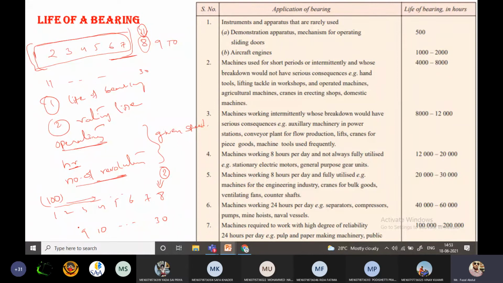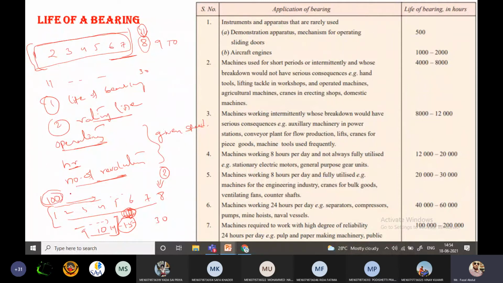Even though we keep allowing them to work, on the 15th day, 10 bearings are subjected to the fatigue failure. Okay, so we have to stop up to here. And if you count the number of days from the first day to the 10th day, sorry, 14th day, on the 15th day, 10 bearings are subjected to fatigue failure, and whatever that one is, it will give the rating life of the bearing for that particular group of 100 bearings.